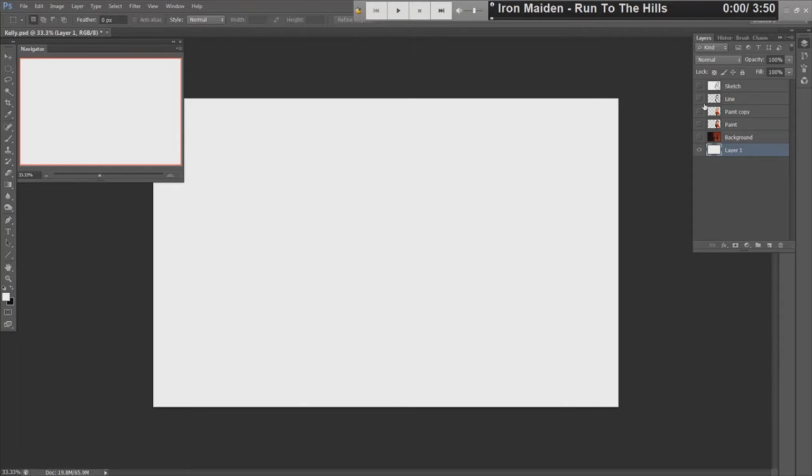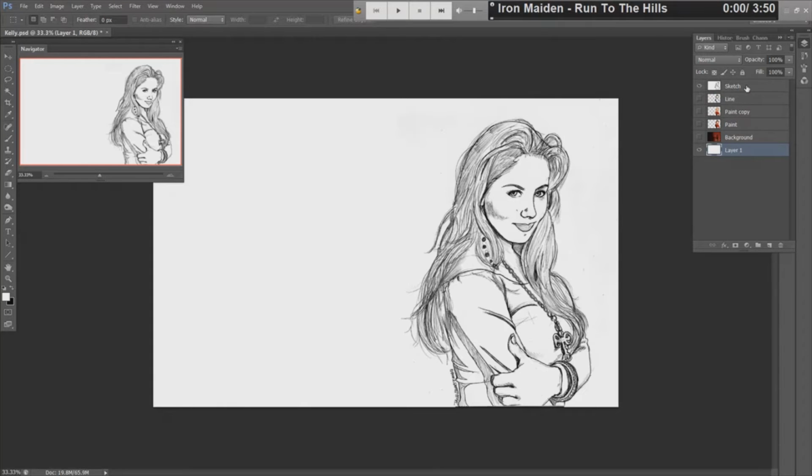Firstly, whenever I do a portrait of some sort, or pretty much any kind of painting, I will draw a sketch first, or just make a pencil drawing. Sometimes it's an actual pencil drawing, other times it's just a sketch. This is the actual pencil drawing of Christina Applegate, the one I was going to use. What I do here is I scan it in at 300 dpi, and I drag it